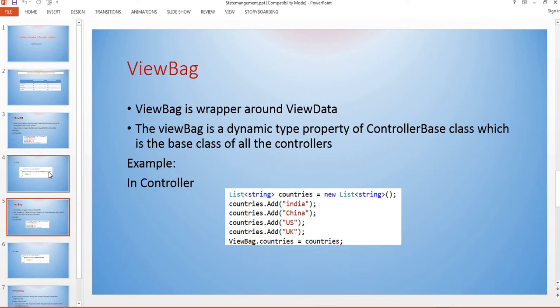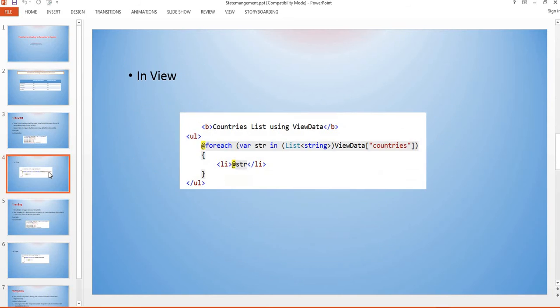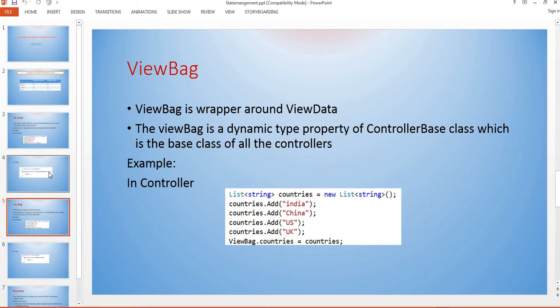In the controller, I'm using the same example as ViewData. In ViewData, we were actually using it like this, like sessions using key value, we were assigning the data in the ViewData. Whereas in the ViewBag, you will assign it like this: ViewBag.Countries equals countries.